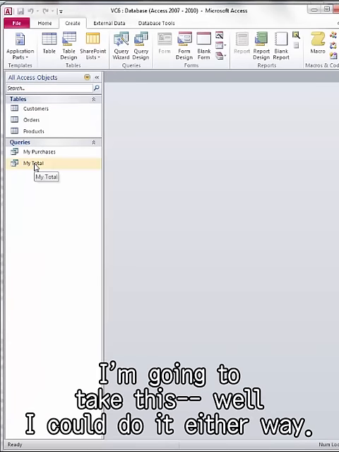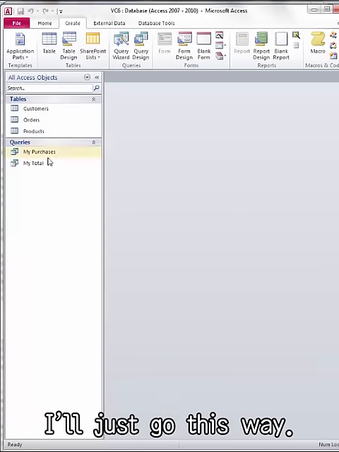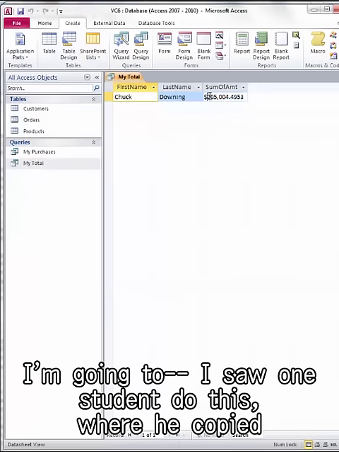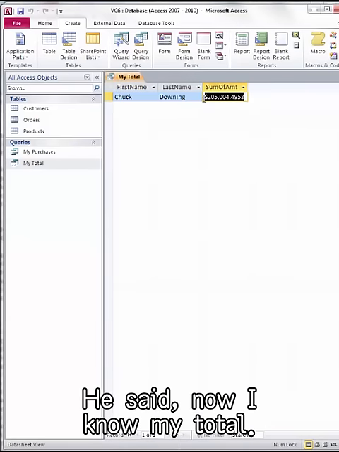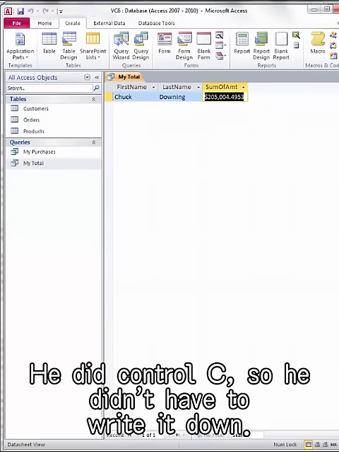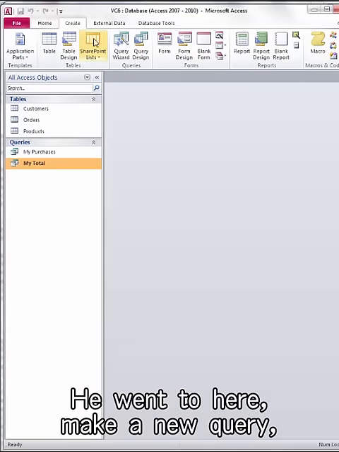Okay. I could do it either way. I'll just go this way. I saw one student do this where he copied this, which is pretty smart. He said, now I know my total. He did Control C, so he didn't have to write it down. He went to here,